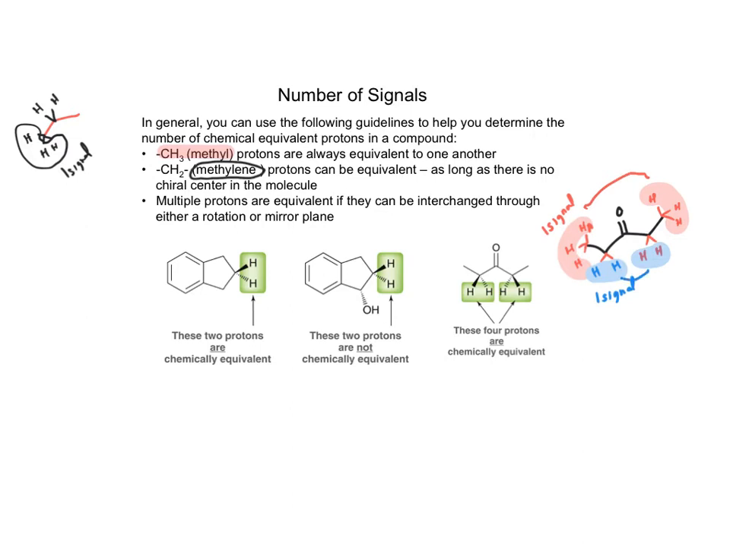So overall, for this molecule, even though there's 1, 2, 3, 4, 5, 6, 7, 8, 9, 10, however many protons there are, there's only 2 signals. Because these guys and these guys are chemically equivalent. They can be exchanged via rotational symmetry. And these guys and these guys are chemically equivalent. They can also be exchanged via rotation. So 2 and 2. Well, it'll be 1 and 1, but